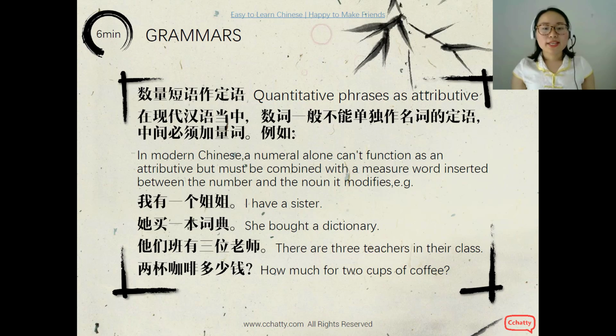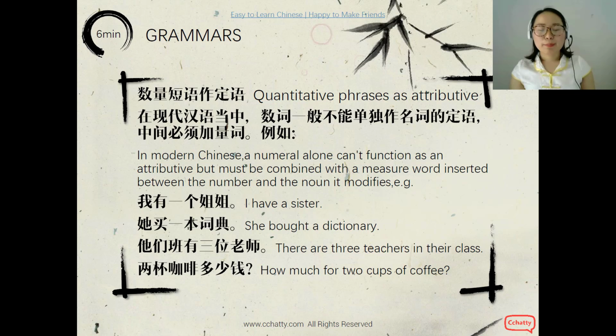I have a sister. 我有一个姐姐。She bought a dictionary. 她买一本词典。Read again. 她买一本词典。And there are 3 teachers in their class. 他们班有3位老师。